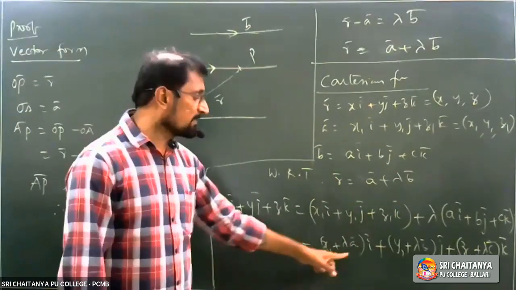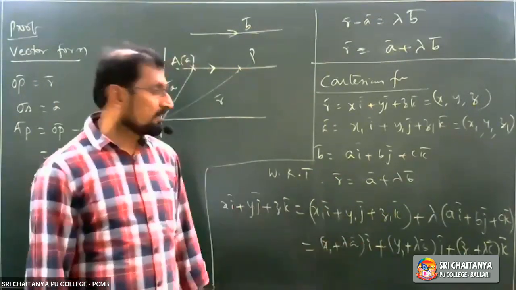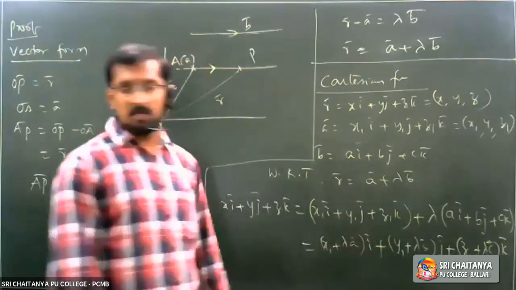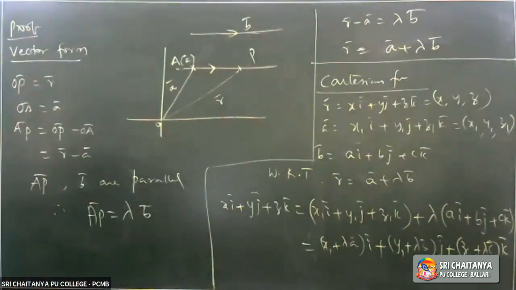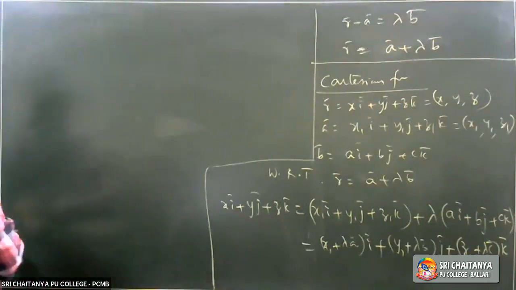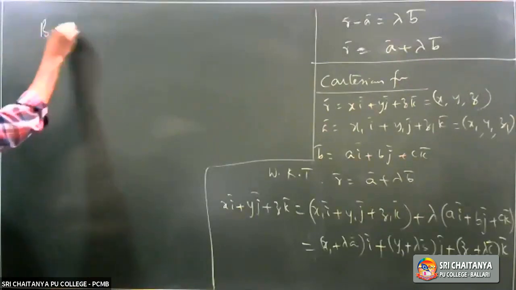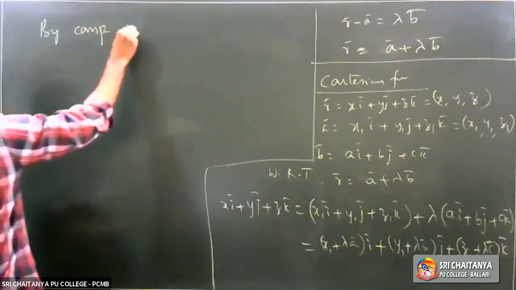So x1 plus lambda a into i plus y1 plus lambda b into j plus z1 plus lambda c into k. Compare the i bar, j bar, k bar coefficients on both sides. That means by comparing, we get